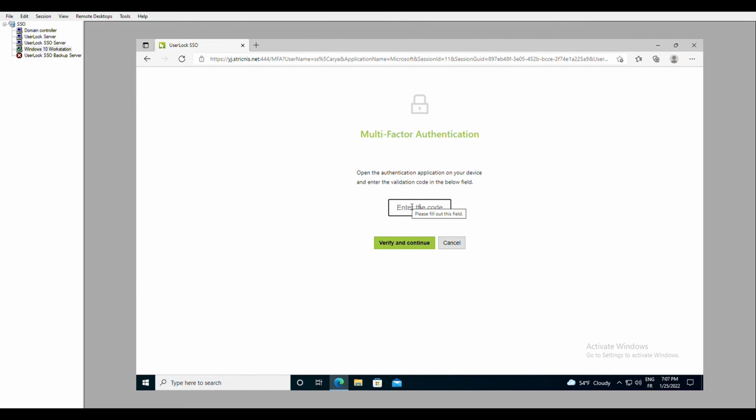This is how it works with Edge and Chrome. Firefox is slightly different. Now for this example, I will copy the MFA code from my Authenticator app, and the session is open for Aria.